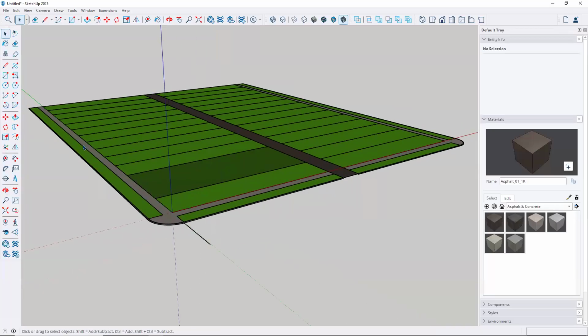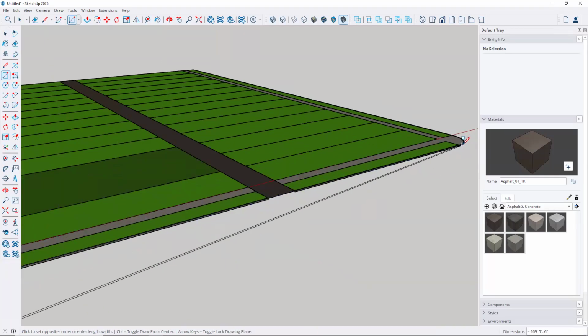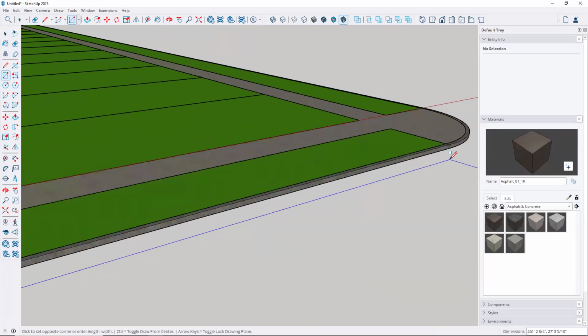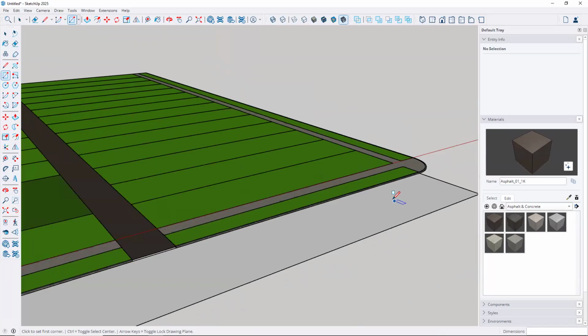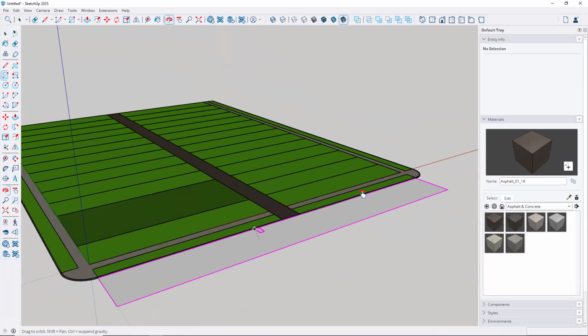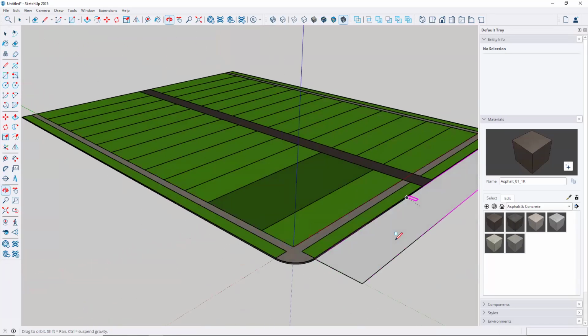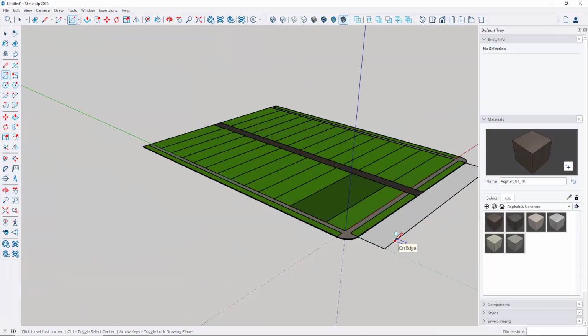And then I'm going to draw a rectangle from here all the way over to this side. And yes, use the up arrow key to constrain to blue axis and let it pick that endpoint right there. I'm going to leave it gray for now so you can see this. So I have that done. Now I could triple click, make a group, and then add to it, but I'm going to do all this a different way. I'm going to draw another line